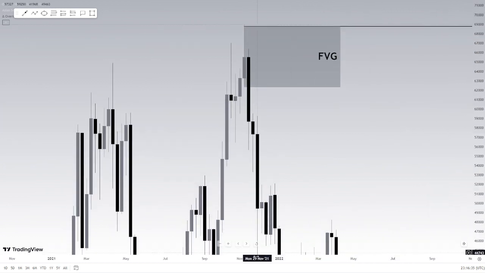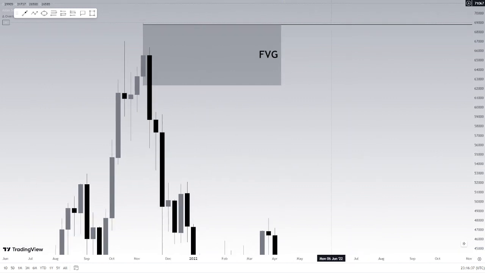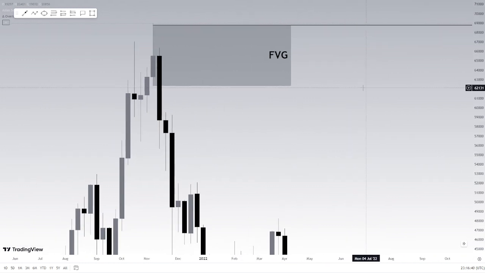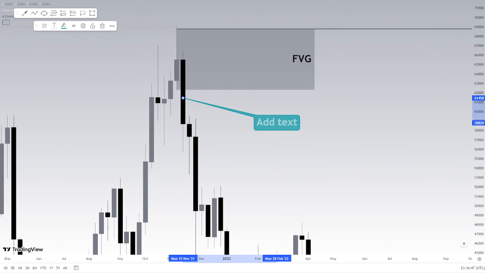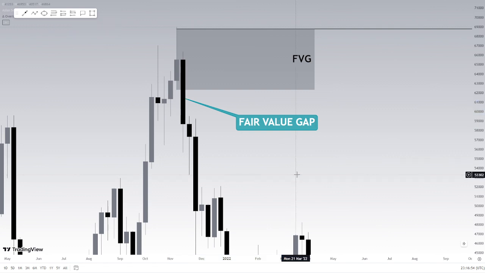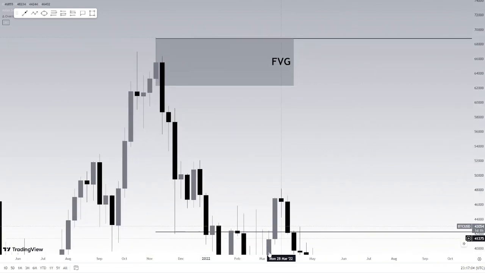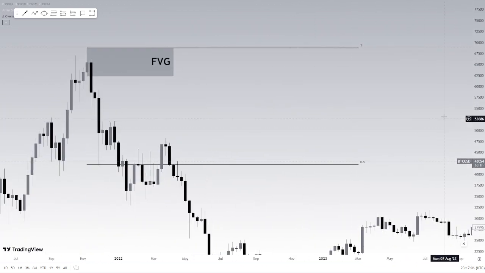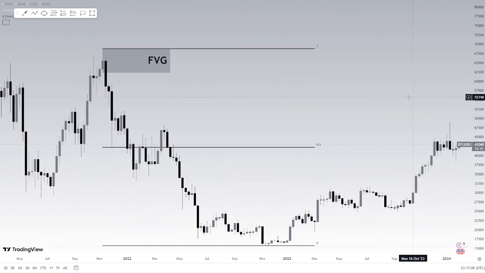So that's one fair value gap we're interested in, right? This becomes a POI. And the reason this is a POI, or a point of interest, is simply because price leaves inefficiencies. Price leaves a fair value gap over here. So when price leaves a fair value gap, we understand price will look to rebalance that area in the future, and that becomes a POI, hence a point of interest for us, and that's why we mark it on the chart.